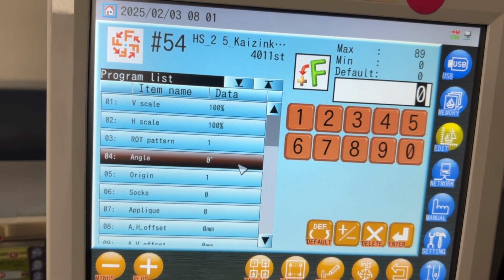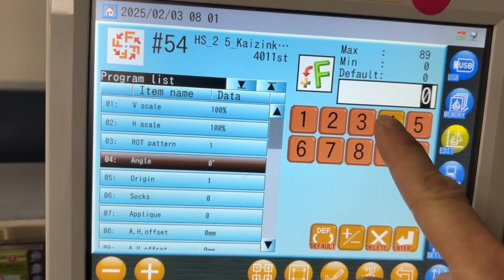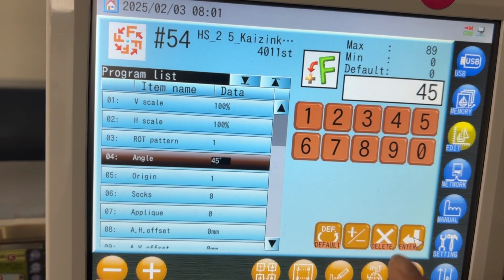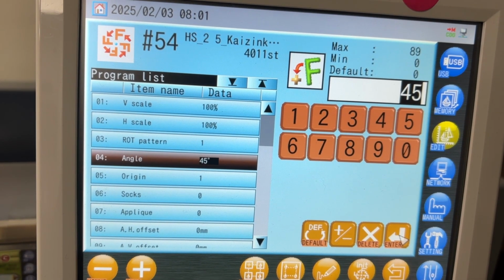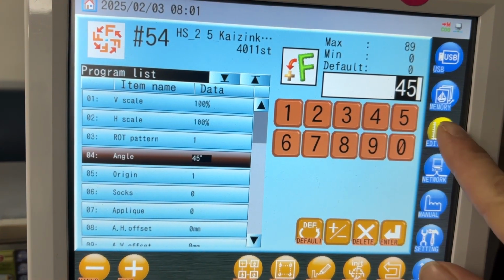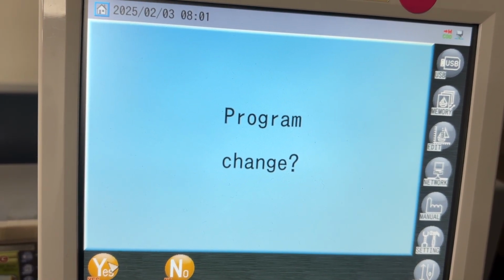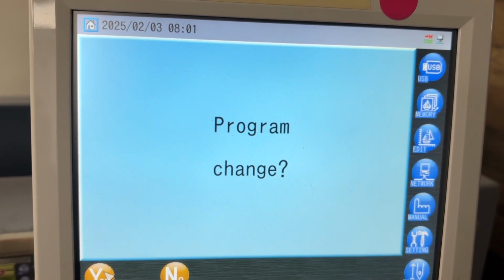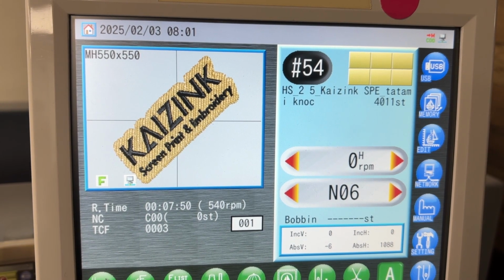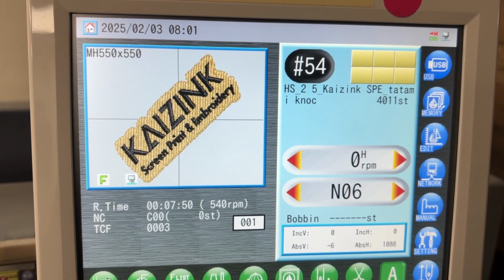Now angle, you can put in whatever degree you want. We want 45 degrees. So we'll just hit enter and then hit the edit button to get out of here. And it will ask you program change. You want to hit yes. And now our artwork is at 45 degrees. And that only affects this particular